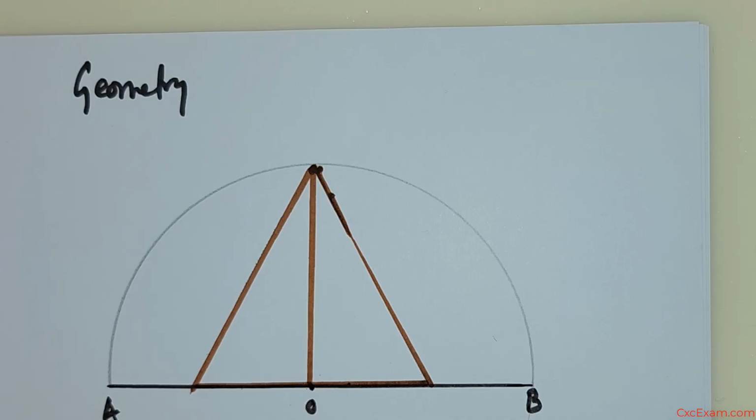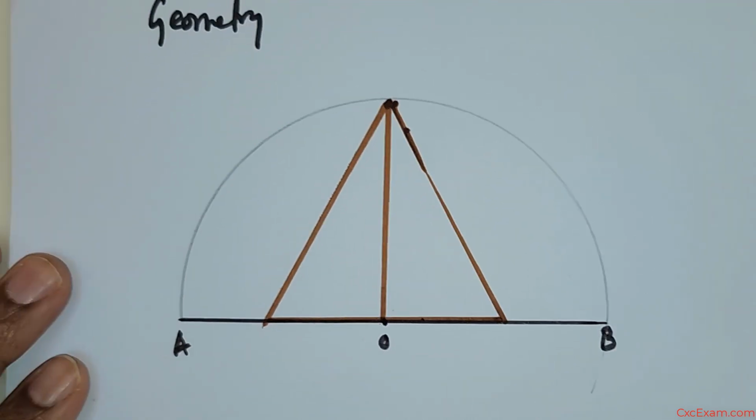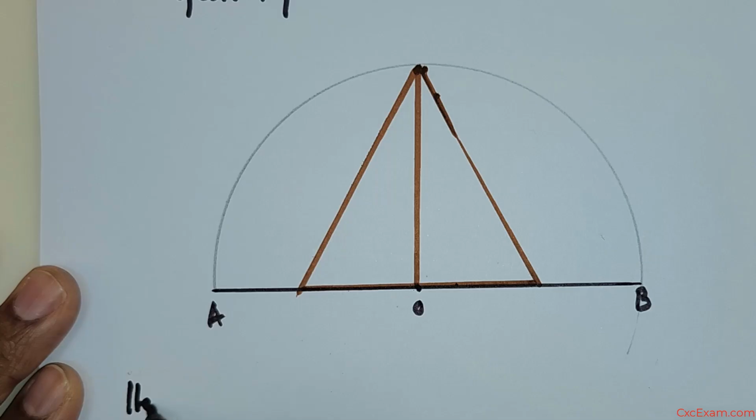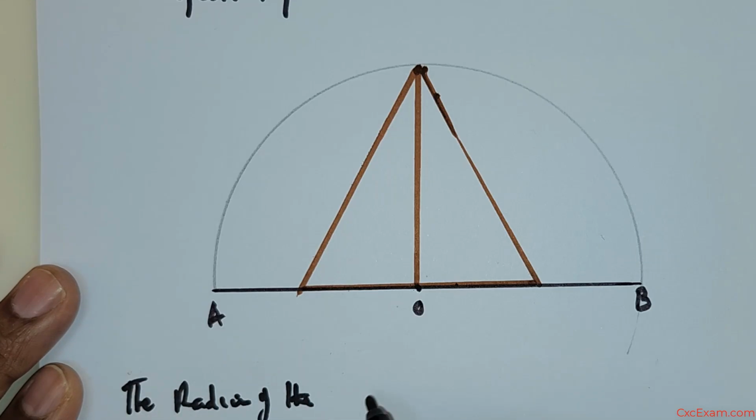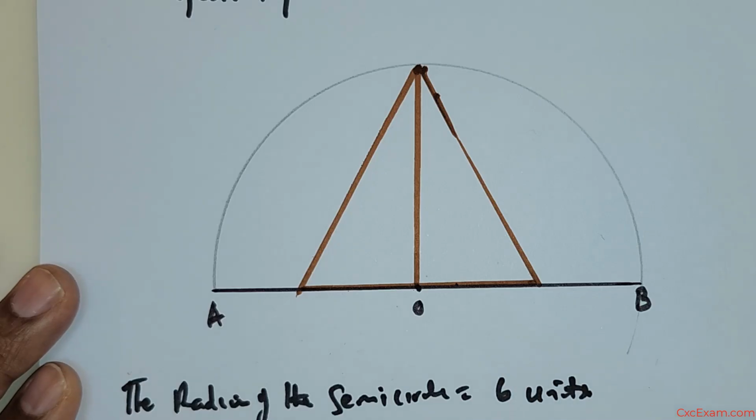Now we are given the following information. The radius of the semicircle is 6 units. Okay,